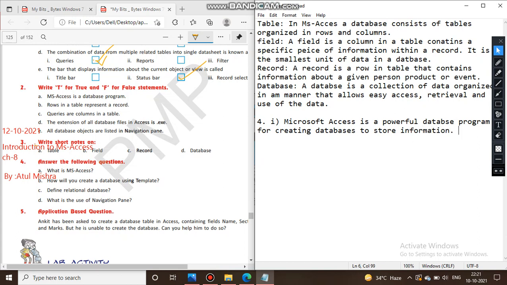Okay, next we can use MS Access to create, retrieve and manage large or small collection of information.